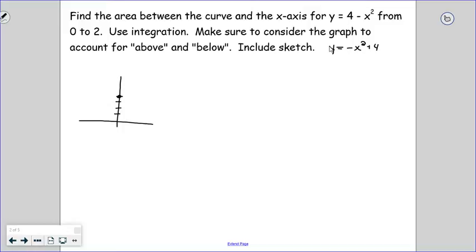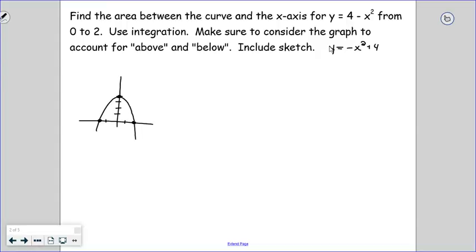I do want to consider where it's going to have zeros, and that would have zeros if I were to set that equal to 0 and solve. It would have zeros at 2 and negative 2, right? So it's going to go through my x-axis here at negative 2 and positive 2. It would look something